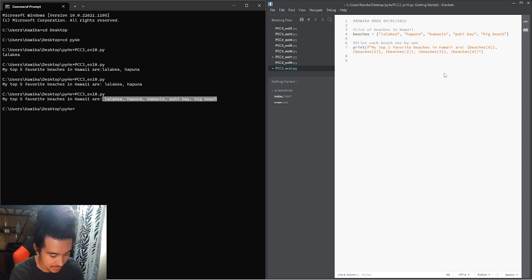So I'm gonna comment this out and say unique statement about list or items in list. So we're gonna come down here, we're gonna do another print statement, and now for the formatting, I am gonna move this over to a new line. So you do /n for that. Now anything that you type after this,